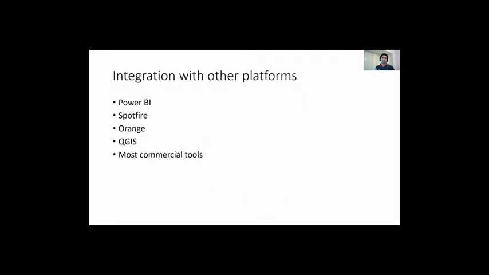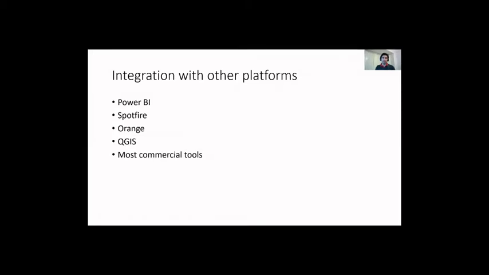Integration with other platforms. I was going to put a lot of things here, but I didn't want to mention a lot of, let's say, oil and gas related applications. But there are commercial applications like Power BI and Spotfire where you can actually integrate your Python code. Orange is quite a nice one, and I would recommend you have a look at Orange.